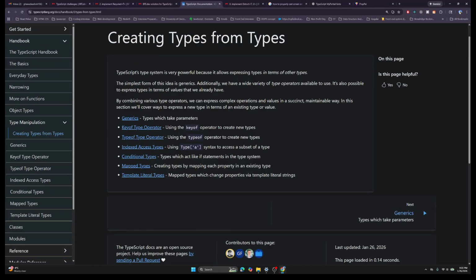TypeScript's type system is very powerful because it allows expressing types in terms of other types. The simplest form of this idea is generics. Additionally, we have a wide variety of type operators available to us. It's also possible to express types in terms of values that we already have. By combining various type operators, we can express complex operations and values in a succinct